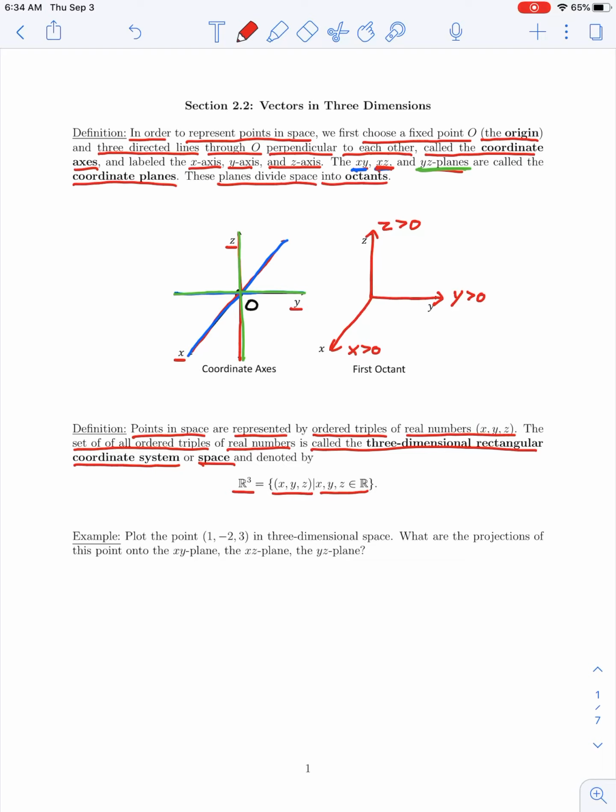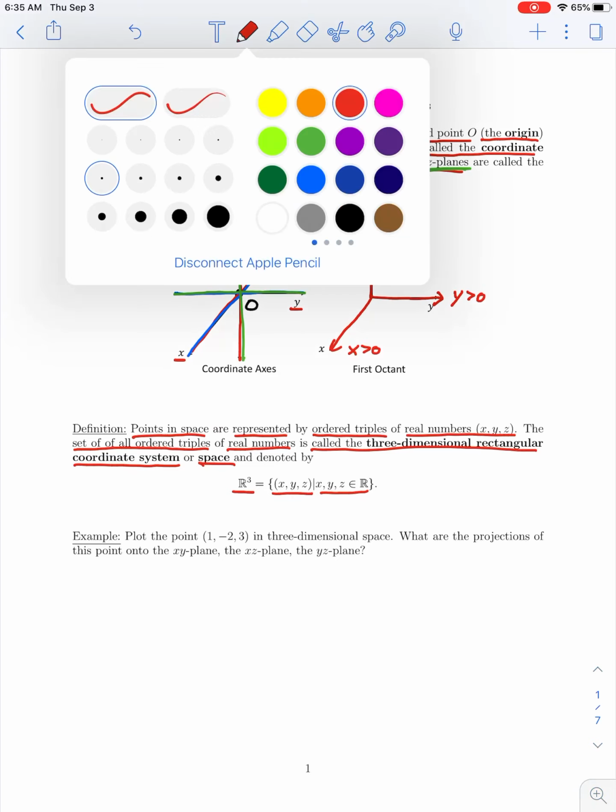So let's look at some examples to familiarize ourselves with how to identify points in space, and then we'll derive some geometric formulas, similar to what we have for points in the plane, but for points in 3 dimensions. So as a simple example to start with, we're asked to plot the point 1, -2, 3 in 3-dimensional space. And then we ask, what are the projections of this point onto the xy plane, the xz plane, and the yz plane? So let's start by